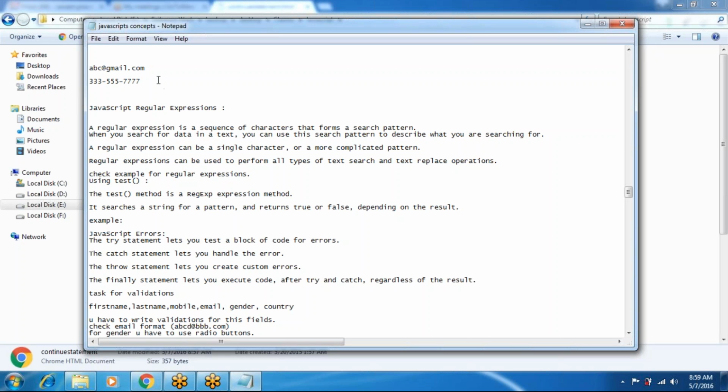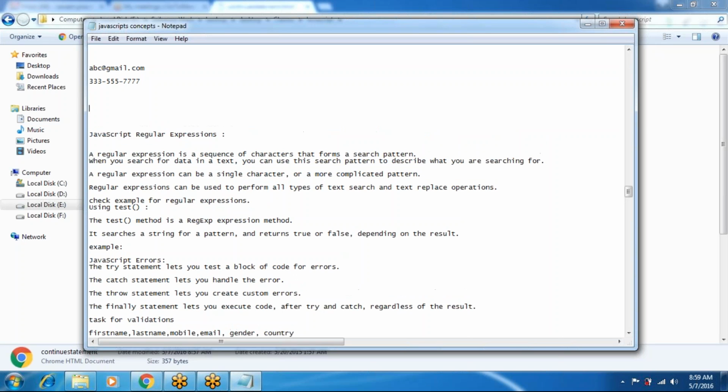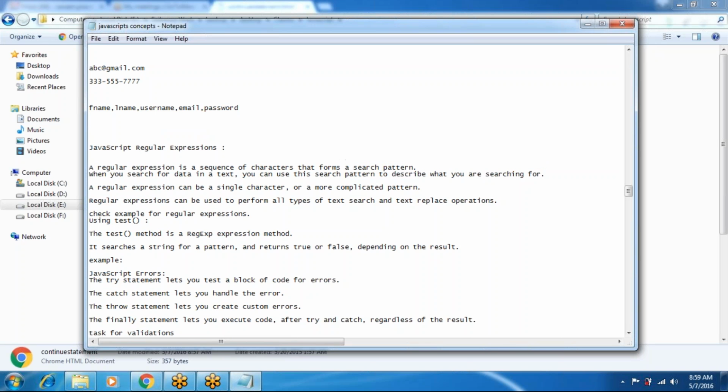Suppose on any website you are registering: first name, last name, username, email, password, and fields like these you are entering for registering in the particular website.